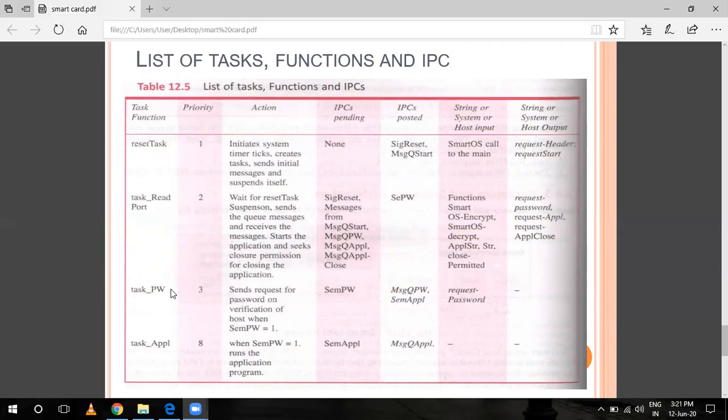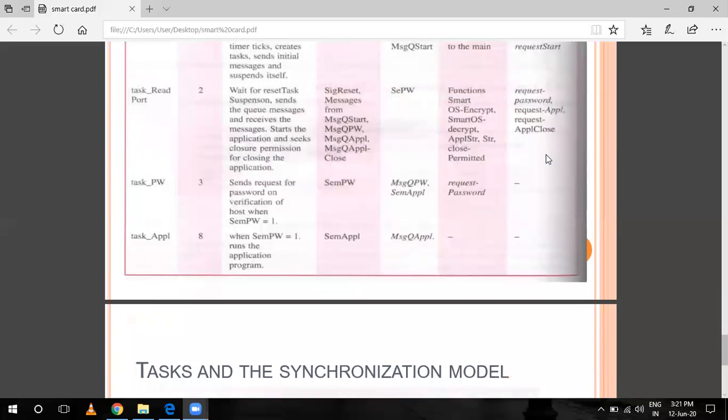And the task PW, pending, sends a request for password verification of the host when SAM PW is equal to 1. Task app, when SAM PW is equal to 1, runs the application program. Signal reset, message queue start. This is my string of a system or a host input, string of a system or a host output.